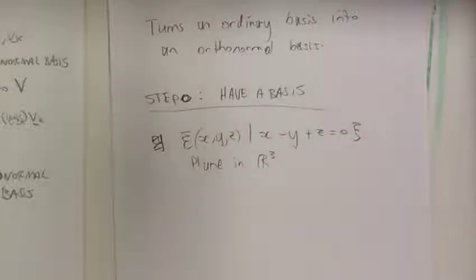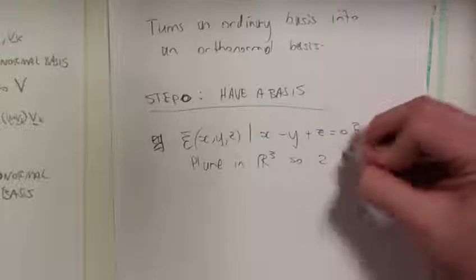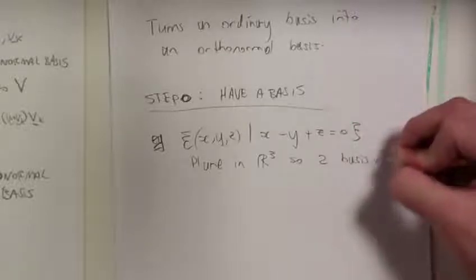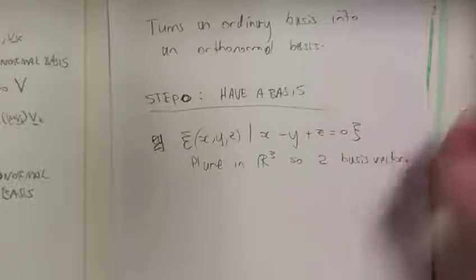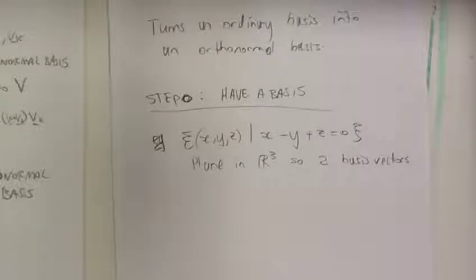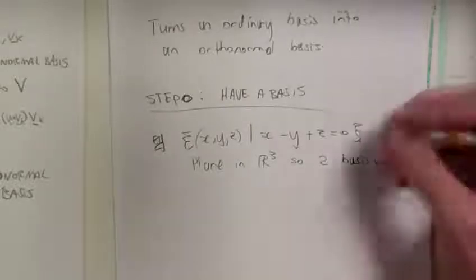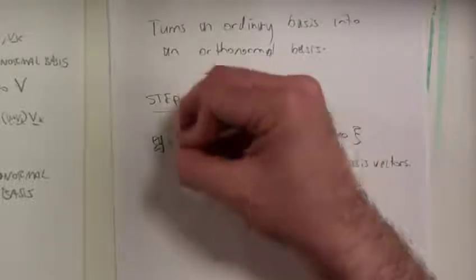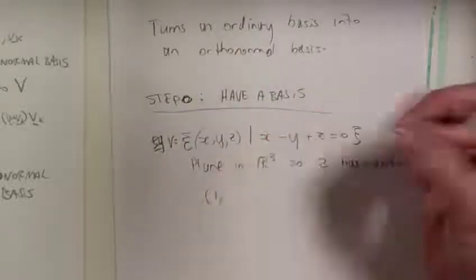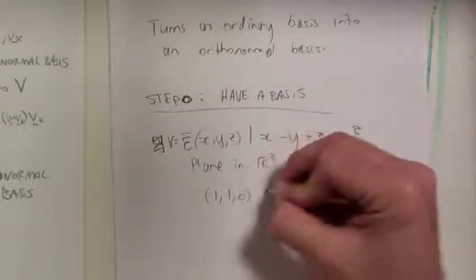It's a plane in R3, so it's two-dimensional. So it has two basis vectors. And if you happen to think of two vectors in it that are linearly independent, they will be a basis. You're allowed to do this kind of working if you want. So you could say, well, let's call it V. (1, 1, 0) is in V